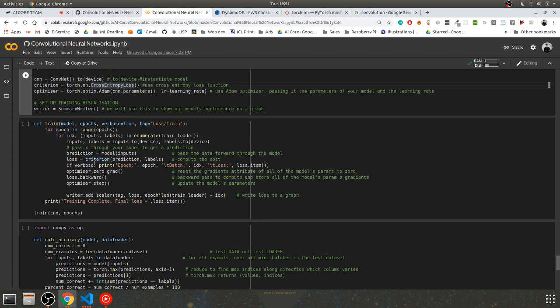So what are we doing here? Well, we're going to train some particular model for a certain number of epochs, and so for epoch in those epochs, I'm going to get the index of the batch. I'm going to get the tuple of the inputs and the labels from our train loader. And then I'm going to unpack those inputs and those labels and put them on my GPU. And here I'm going to pass my input through my model to get a prediction. So the way I would do that,